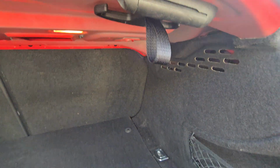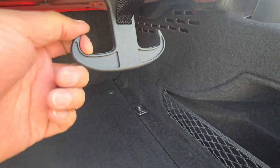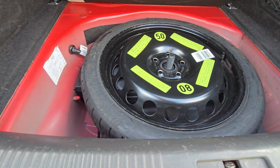Very clean. It's also got these hooks here, which are for your carrier bags. So if you've got carrier bags, hook them onto there and they won't fall over. There's actually 2 of those, so you can have 4 carrier bags hooked on there. And then under here you lift this up and you've got a slimline spare wheel as well, and it's also